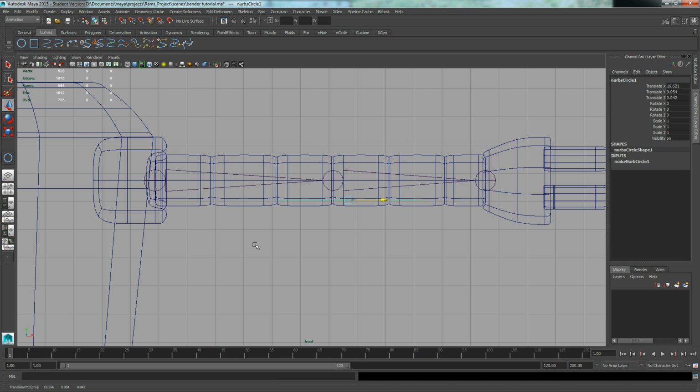X-axis restricts it to that. Let's go back to the Y. And what I want to do now is basically snap the center of the NURB circle into the center of the joint. So one way we can do this is by going up to here and selecting the snap to points tool. Just going to select that,